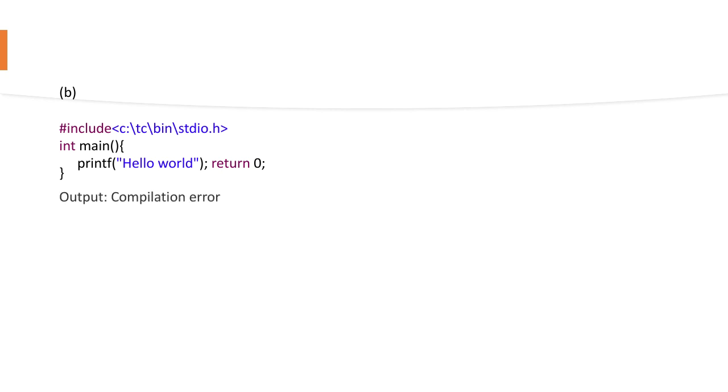Let's write something like: #include <tc/bin/stdio.h>, int main, printf hello world, return 0. The output should be a compilation error: unable to open the file stdio.h and conio.h, which we were discussing, right? Now #include form 2: